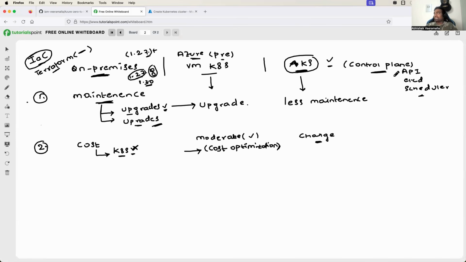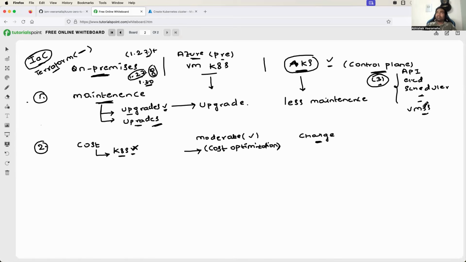You have a bunch of components, right? These are the services that are part of the control plane. So these things are managed by AKS, that is Azure Kubernetes Service, and you don't have control over the control plane components. So these things will be cost effective for you, but otherwise the virtual machine scale sets that you're